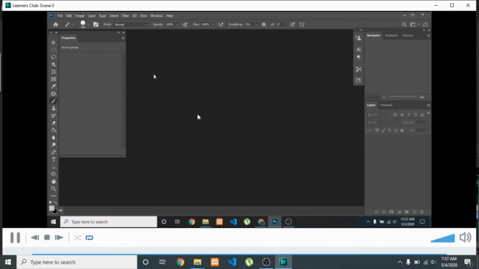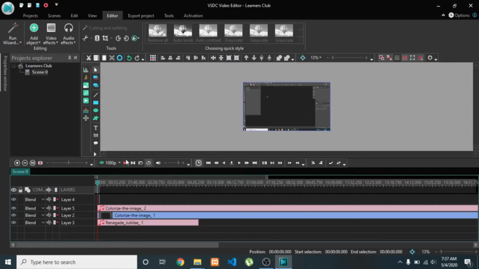As you can see, it shows what's going on and what changes you have done. In short, here you have the play option too.